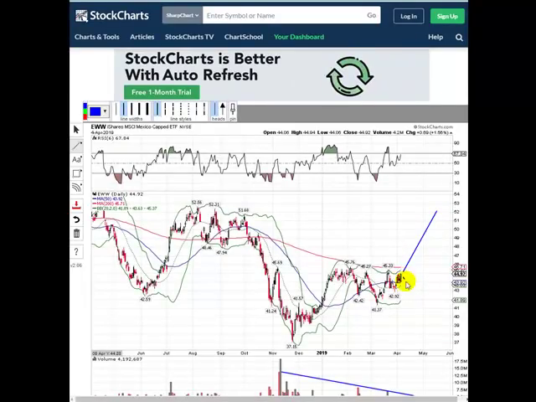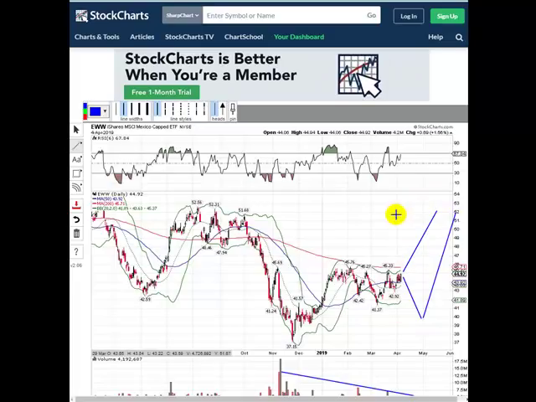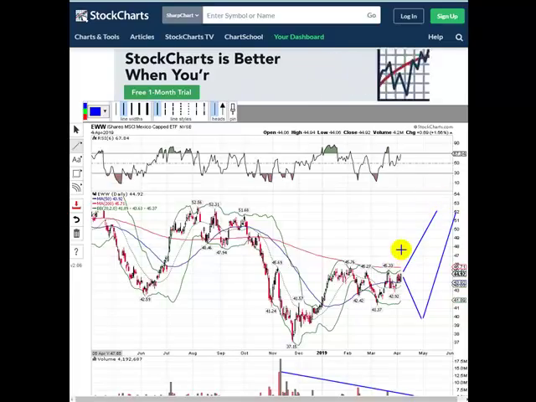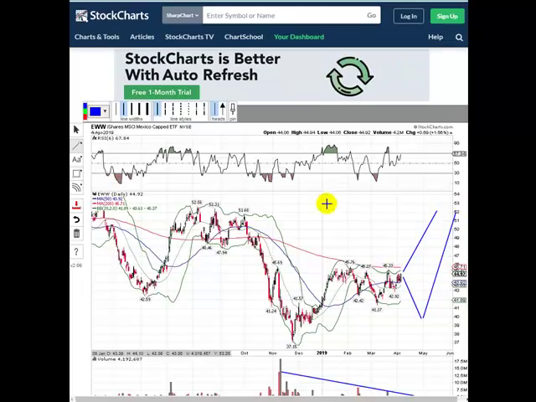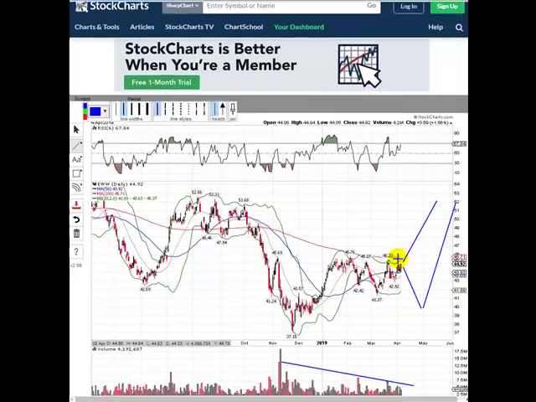But could something come out of left field and cause it to do this before doing this? Sure, it could. And neither path bothers me one little bit. Obviously, this is the quicker path, and obviously, any human wants quicker profits, just as soon as they can get them. So obviously, I'd love for that to be the path. But knowing how markets do, it might be this way, it might be this way. Either way, it's fine. It's cheap fundamentally, and in time, it's going up, which means it's going to bust through this 200-day moving average.